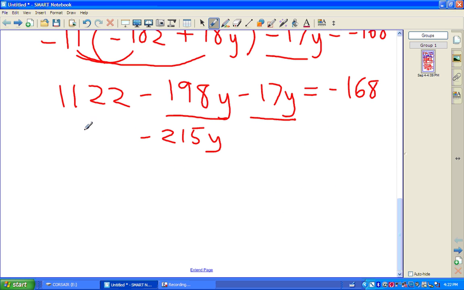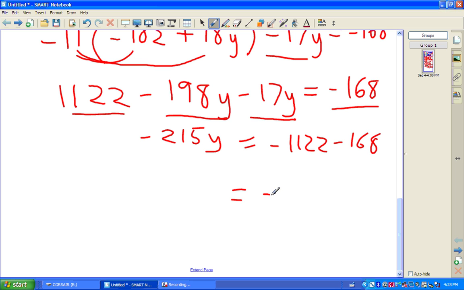Okay, if I move the 1122 over to this side of the equation, it will become a minus 1122 minus 168. If you add those two numbers and make sure they're negative, I believe you get minus 1290, if my math is correct. And so all I need to do now is divide both sides of the equation by negative 215. When I do that, I get minus 1290 divided by minus 215,